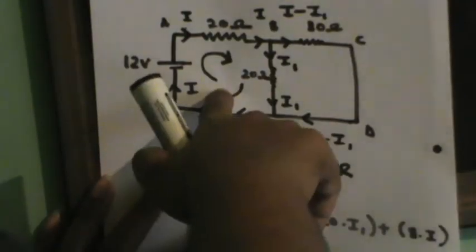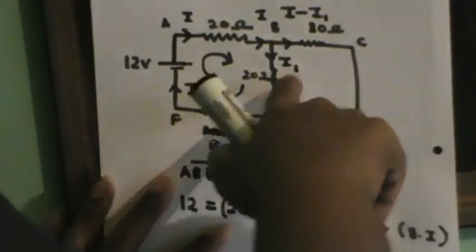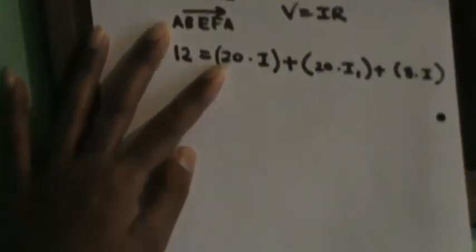Alright. So you can simplify this. You have two unknown terms, so you need two equations. One you can put to this loop and the other equation to this loop. So you can get two equations, you have two unknowns, you can solve those and find I and I1. For the first equation I will solve this. So 12 equals 20 plus 8, which is 28I, plus 20I1. We can divide it further by 4, so that will be 3 equals 7I plus 5I1. So that is equation number 1.